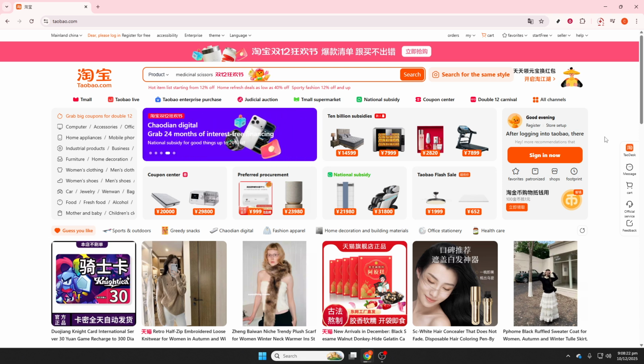That's it. You've set Taobao to English in just a few taps. With the interface translated, it's much easier to search for